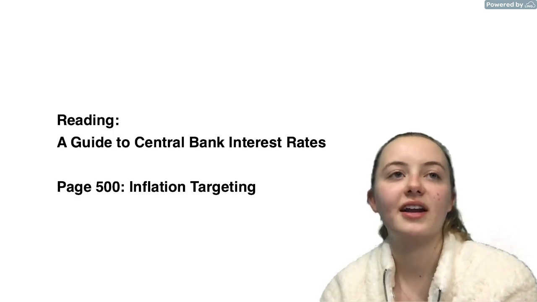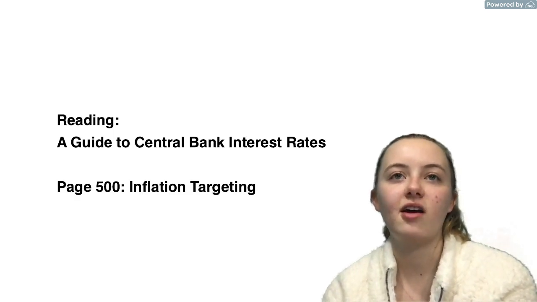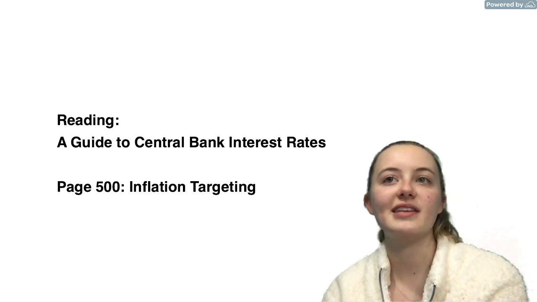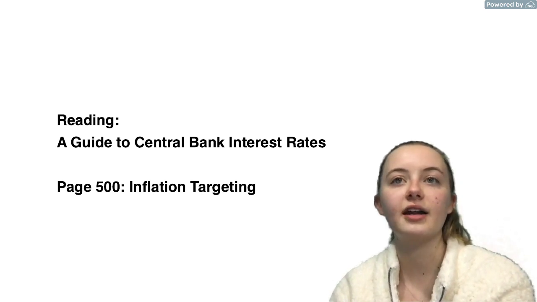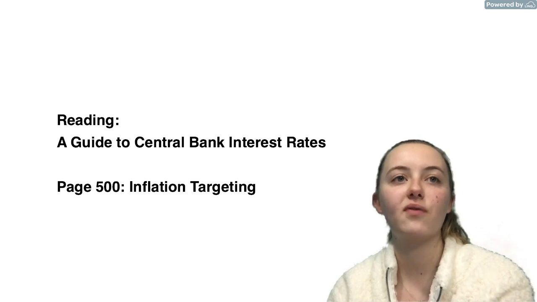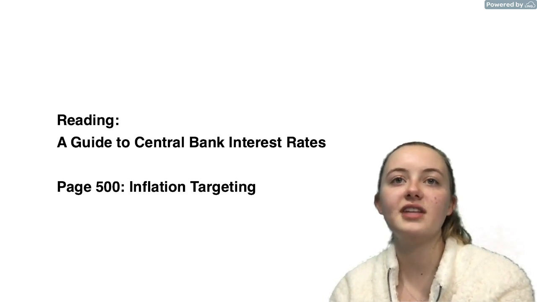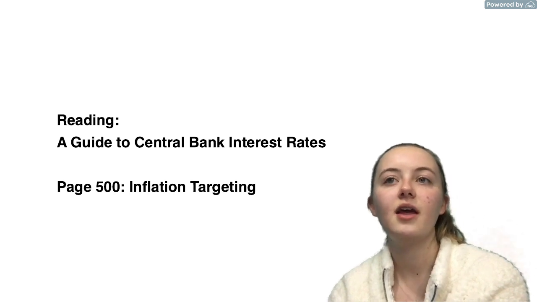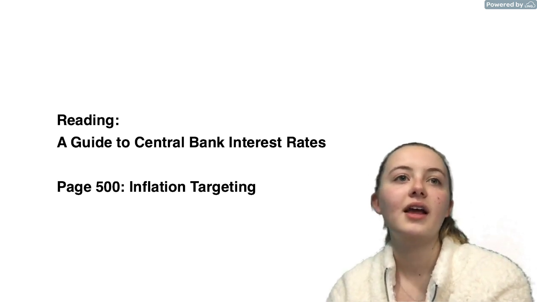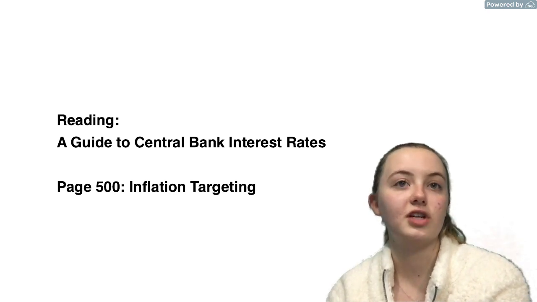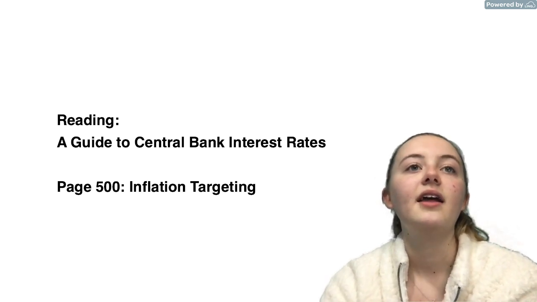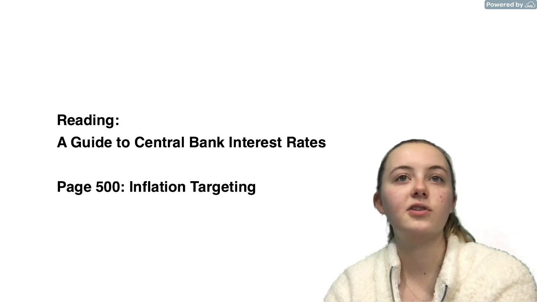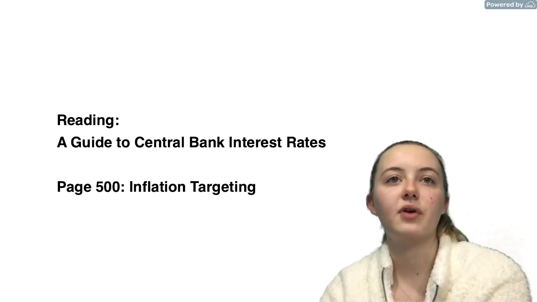We're going to start Objective 4 on page 500. Inflation targeting. When you focus central bankers' attention on a well-articulated objective, you get better policy. During the 1990s, a number of countries adopted a policy framework called inflation targeting in an effort to improve monetary policy performance. Today, central banks in countries that produce nearly two-thirds of the global GDP operate under a de jure or a de facto inflation targeting regime. Countries that embraced inflation targeting achieved both lower inflation and, at least until the financial crisis of 2007 to 2009, more stable real economic growth.